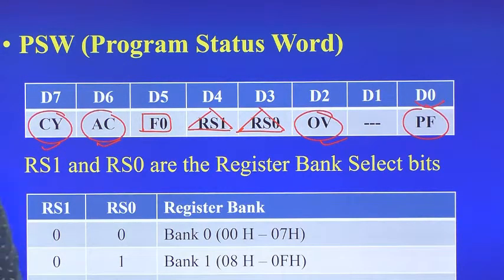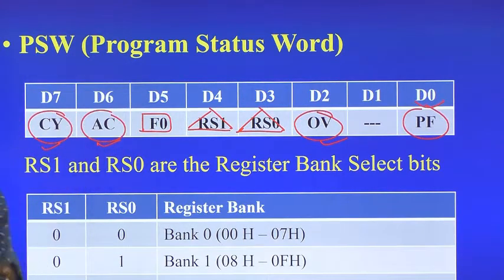And the last one is CY, the carry flag. This carry flag is also set to 1 for two cases. Case 1: in addition, C out is equal to 1. That means in addition, you may get a final carry. That time the CY is set to 1. And case number 2 is in subtraction. The first number is less than the second number. To do that subtraction, definitely we need a borrow. For indication of that borrow also, we are using this carry. Or I can say it another way: this carry flag is set to 1 for subtraction when the minuend value is less than the subtrahend. You remember, friends, minuend is nothing but the first number and subtrahend is nothing but the second number.